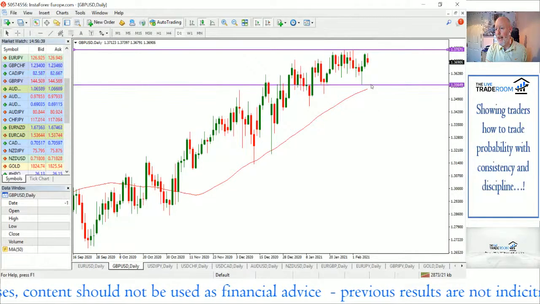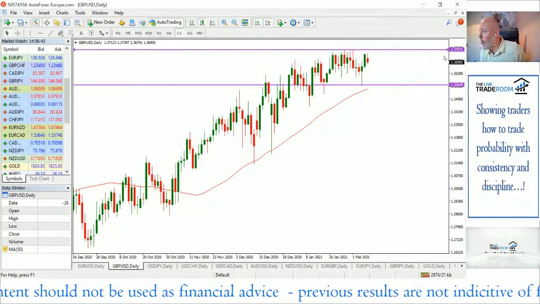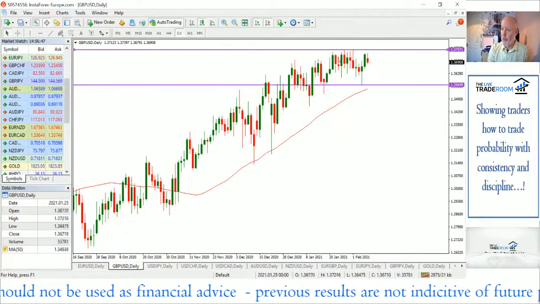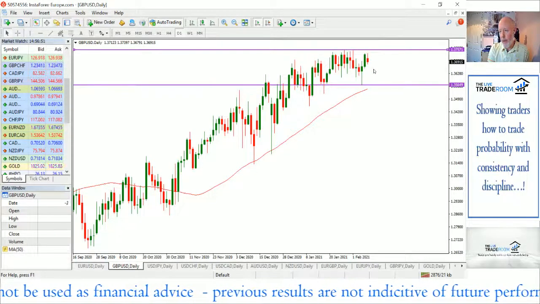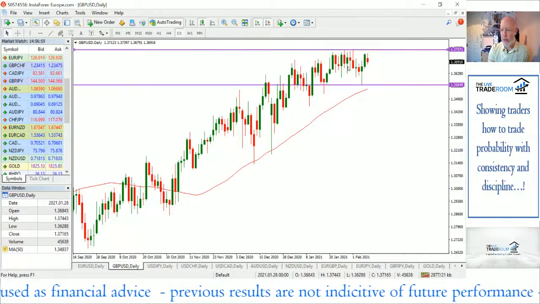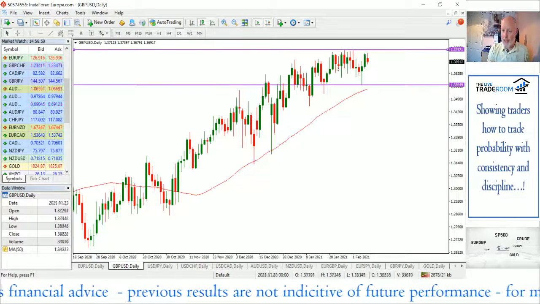What we can see with the pound dollar is it looks like it's created a bit of a high at the 137.57 level. These recent highs in there, and we've been grinding to the upside, but over the last month it has largely been price action which has moved sideways. So the market phase for this market is sideways.